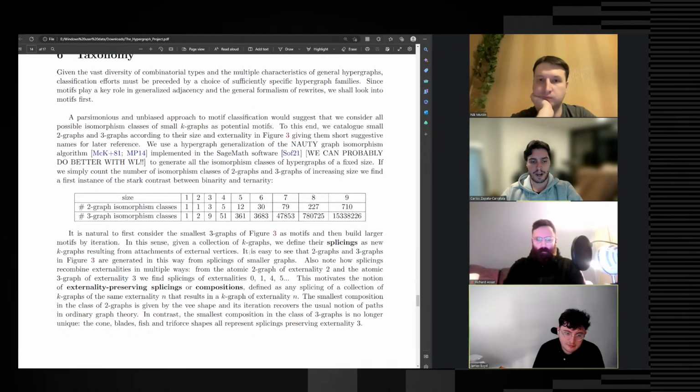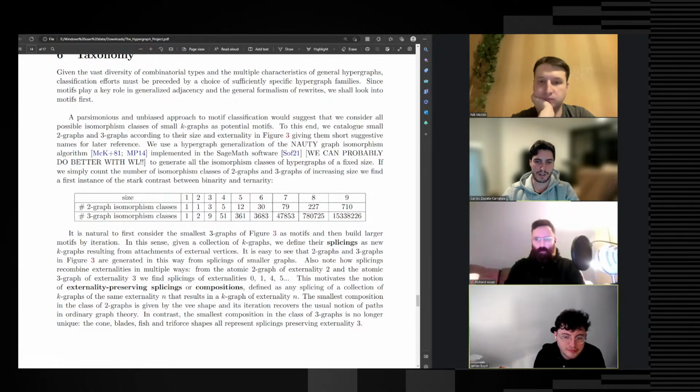So here I give some examples of particular kinds of graphs and an actual enumeration of these, because they were generated. I say here we can probably do better with the Wolfram Language. I did this a few months ago with Sage and it was fine. It generated all the graphs, but when I ran the program again it took like a day or something. It was very long, because it generates the actual hypergraphs, so it generates them all and then counts them.